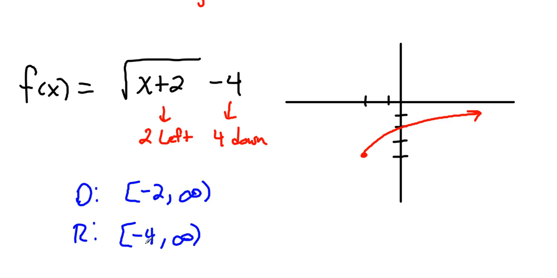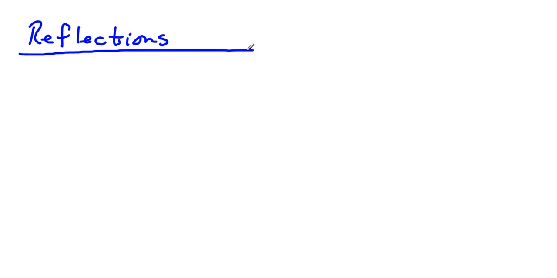Okay, and then the last thing that they throw at you, as far as how everything fits with the graphs here, is reflections. But it still comes back to the exact same thing that was in the other two. Where it is tells you what kind of reflection it's going to be. If you have a negative that's inside,